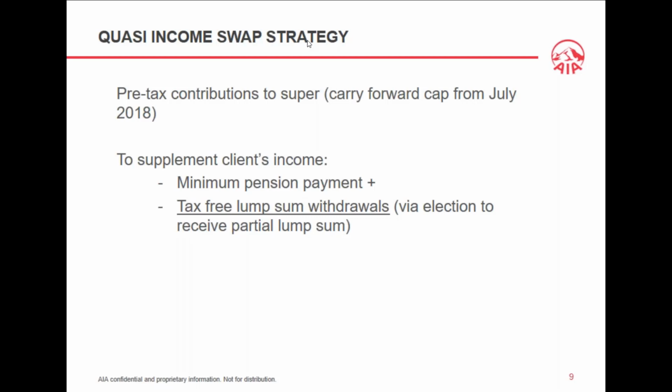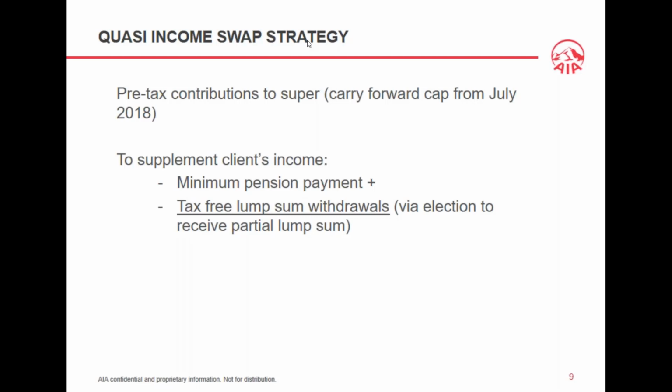Your advice is to salary sacrifice or indeed make personal tax-deductible contributions into super, which is obviously going to boost their retirement savings whilst minimising the tax that they would have otherwise paid on the salary that would have otherwise been paid into their bank account. To supplement their income as a result of entering into that contribution strategy, we're supplementing their income by electing to receive tax-free lump sum withdrawals from their death benefit pension account.